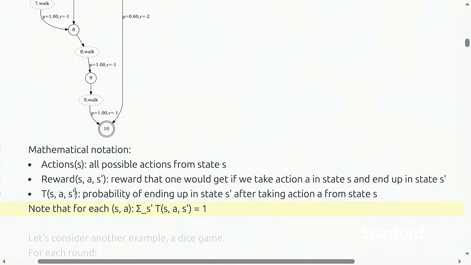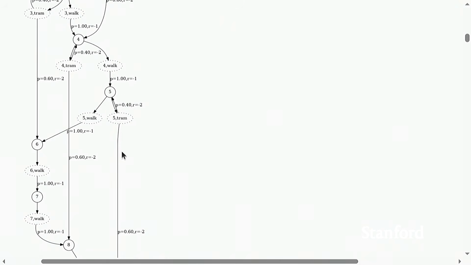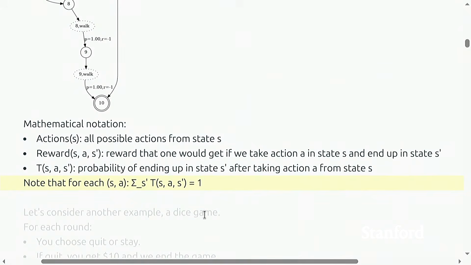And because this is a probability, something has to sum to 1. What sums to 1 is that for every state action pair, if you sum over all the possible subsequent states, that probability has to be 1. So in this example, if I look at every state action pair, which is every chance node here, everything that's dashed, and I look at all the outgoing arrows, those probabilities have to sum to 1. So 0.4 plus 0.6 is 1. Just a good sanity check. All right. So we'll go back and forth between code and this mathematical notation, but conceptually, we're talking about the same thing.